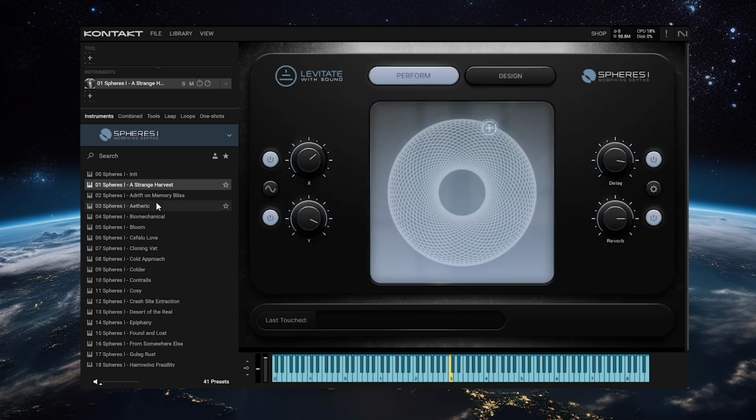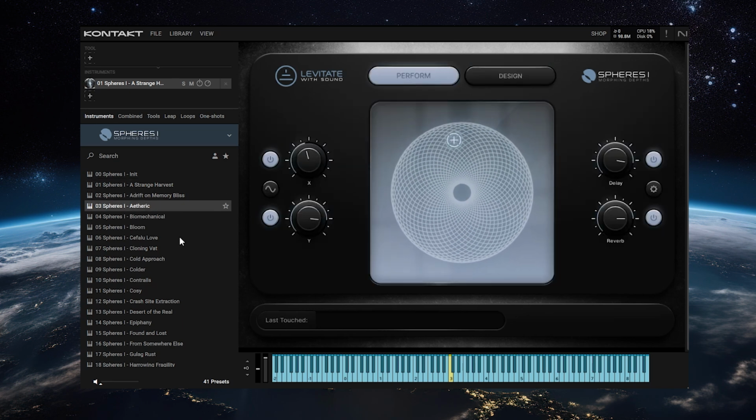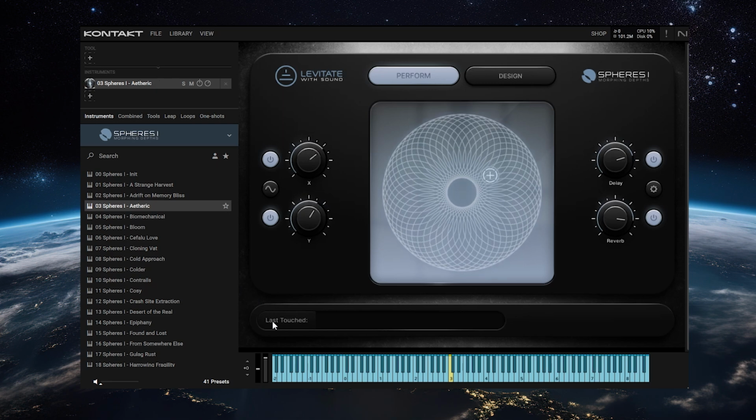Now I'm going to load up a couple of different ones. So if we go Etheric,